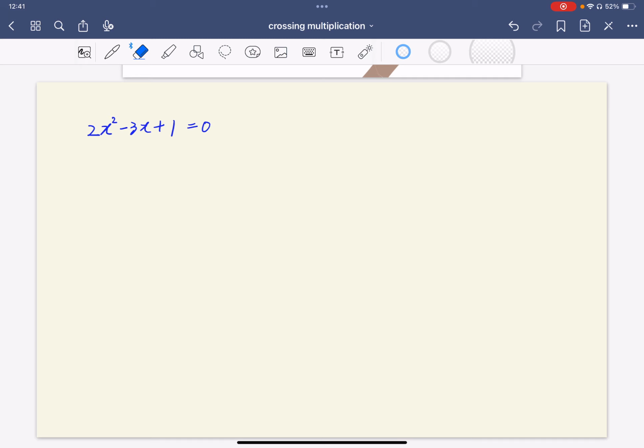According to the crossing multiplication method, these two can be factored. 1 times 2. This 1 can be factored like positive 1 times positive 1. Alternatively, it can be factored as negative 1 times negative 1, right? So you need to know